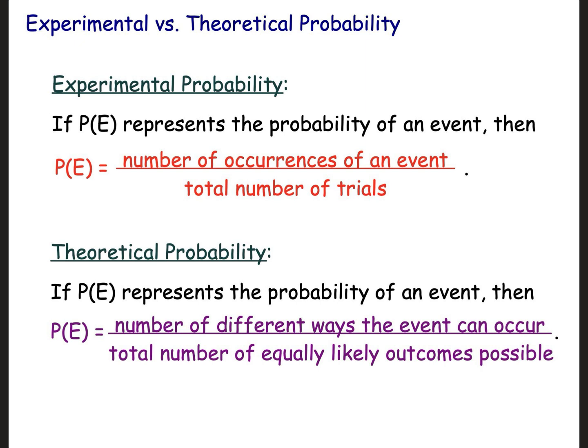I have no idea what the probability of you having a cat is. So how could I get that? I could do an experiment. Let's do it. How many of you have a cat? Just raise your hand if you have a cat. All right. 1, 2, 3, 4, 5, 6, 7, 8. Do you get that out of 24 of you, there's an 8 in 24 chance that you have a cat?